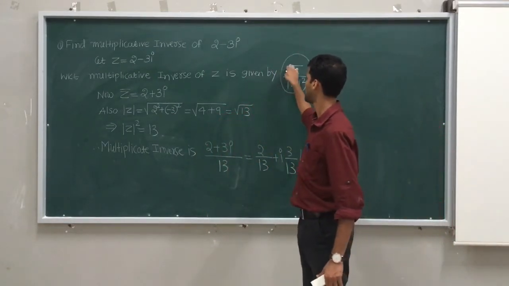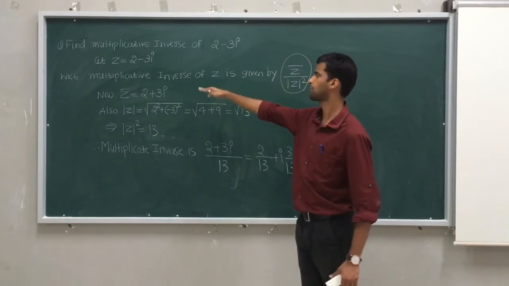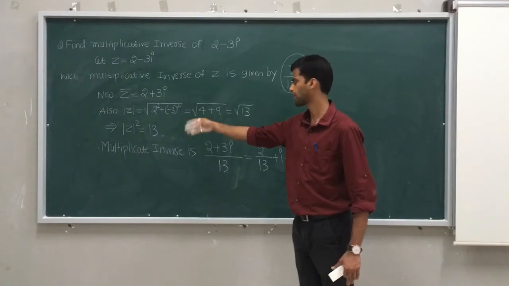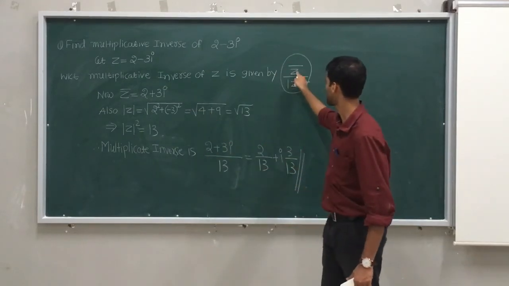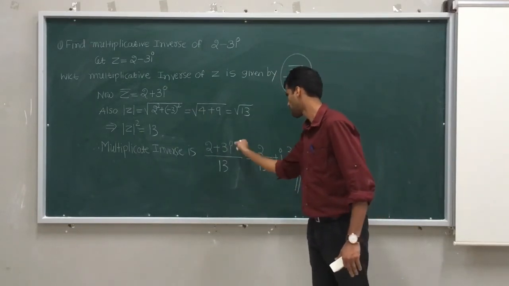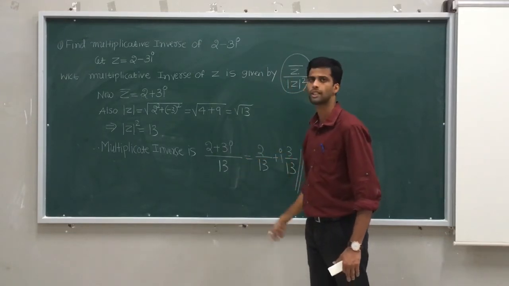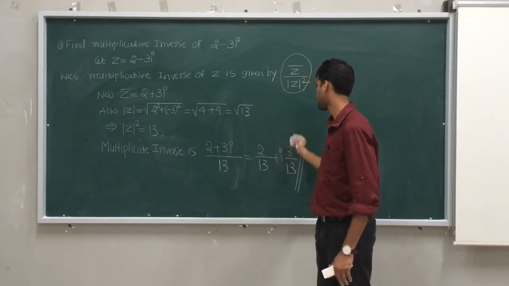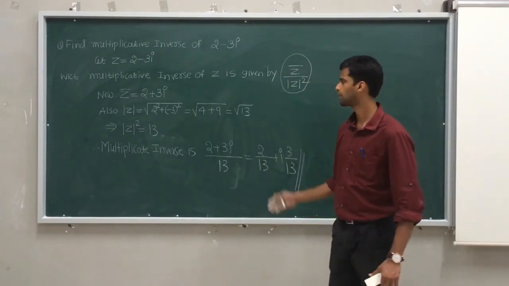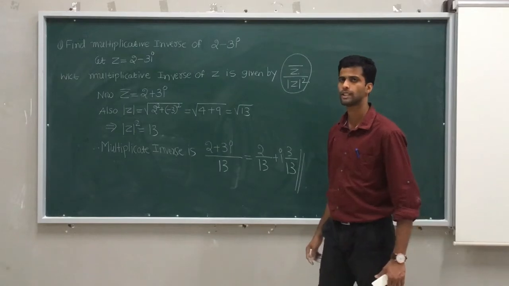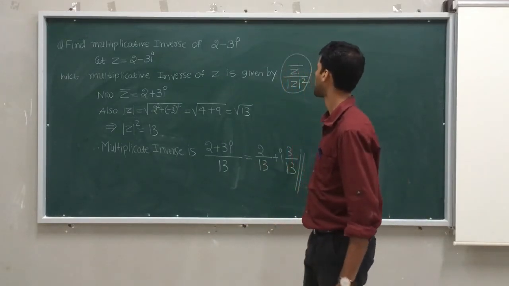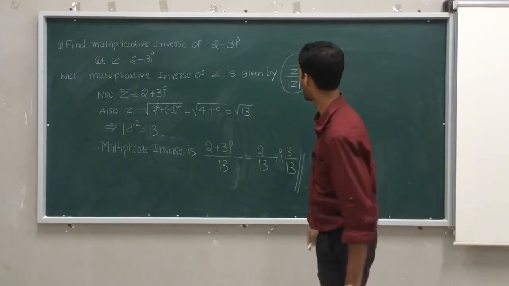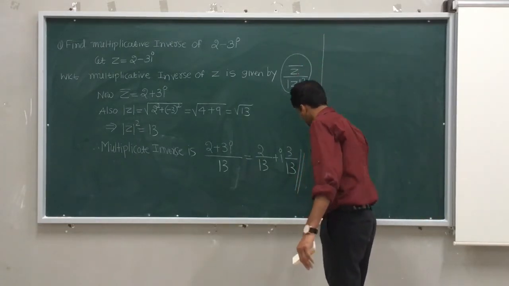So what you did first of all, we have written the formula. After the formula, you made the conjugate of 2 plus 3i, then you got mod z, but I want mod z square, that is 13. So the multiplicative inverse is z bar, that is 2 plus 3i, divided by mod z square. Mod z square I already found is 13. So I made 2 by 13 plus i times 3 by 13. So all is very simplified, and we got to know how to find the answer for this particular question. This is called the multiplicative inverse of the given question.